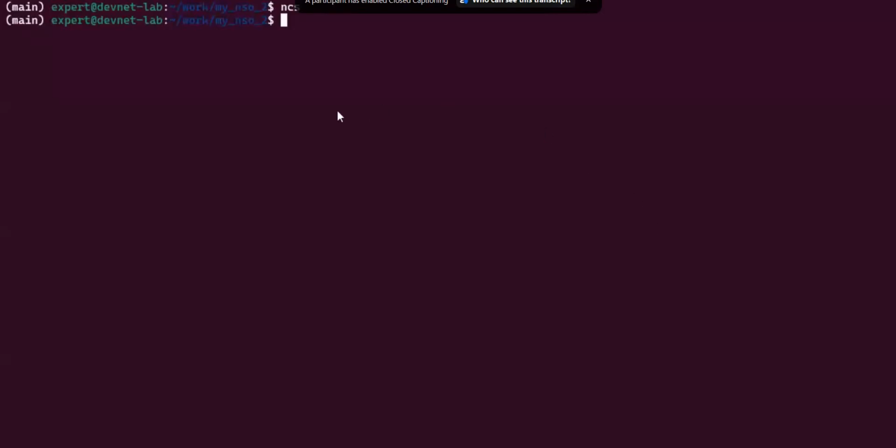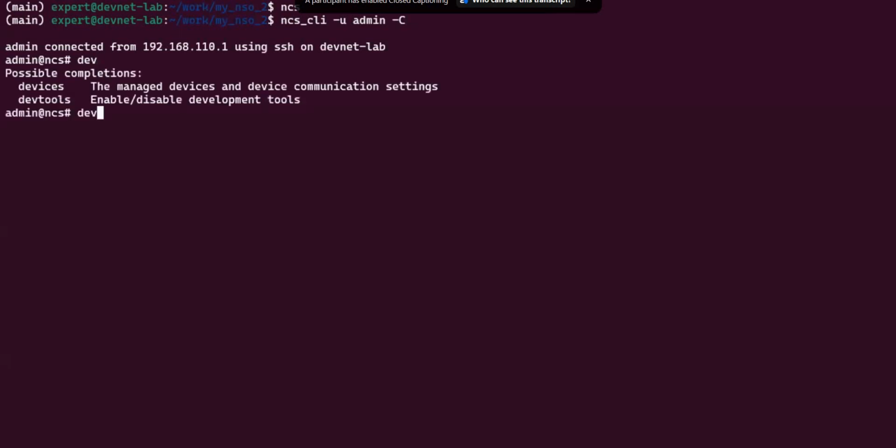Okay, so now we need to, this is the command to get into the command line of NSO. NCS_CLI is the tool used. -u admin, connect as user admin. -C stands for, okay, present me a Cisco type interface. The other alternative is a Juniper type interface. Okay, we connected. Now we want to,